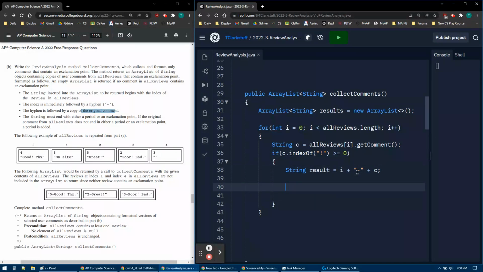So there's my result. Okay, and I want to make sure I add it to my results. Dot add result list. I'm not done yet. I'm going to add some stuff in here, but I'm going to add the stuff I know I can get. Result return